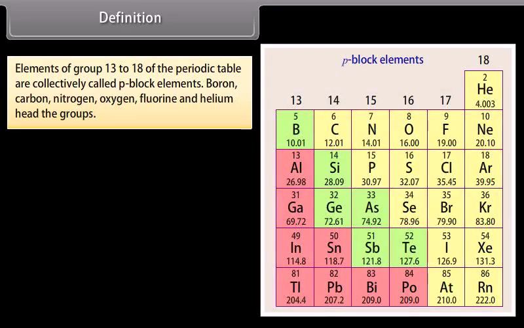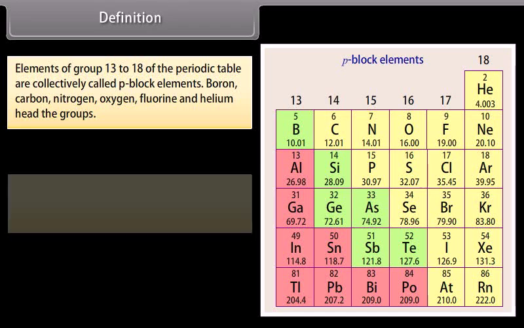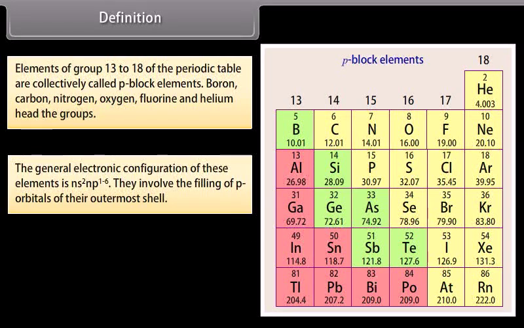Definition. Elements of group 13 to 18 of the periodic table are collectively called P block elements. Boron, carbon, nitrogen, oxygen, fluorine and helium head the groups. The general electronic configuration of these elements is